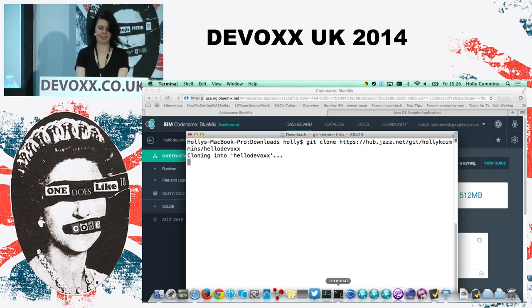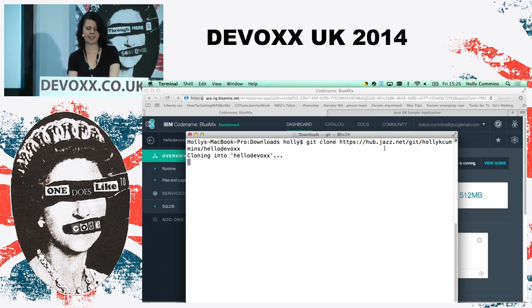And it will pull it down. So you can see this isn't actually on GitHub in this particular case. It's on jazz.net. Are any of you using Jazz or RTC? No, it's